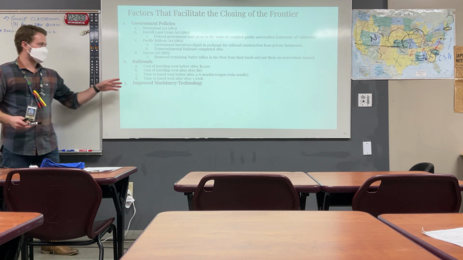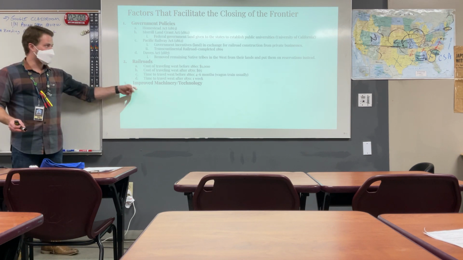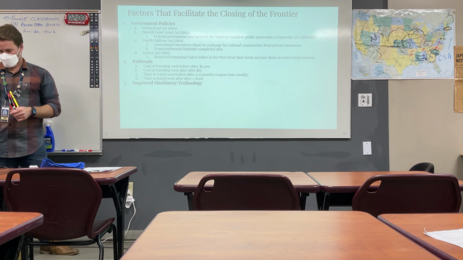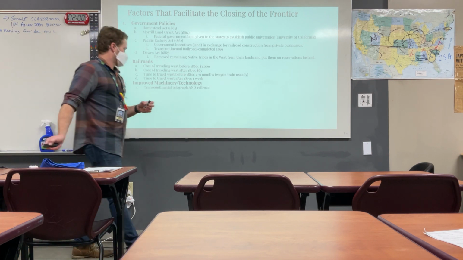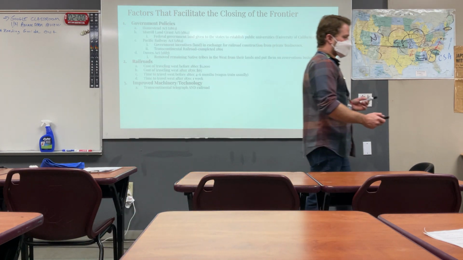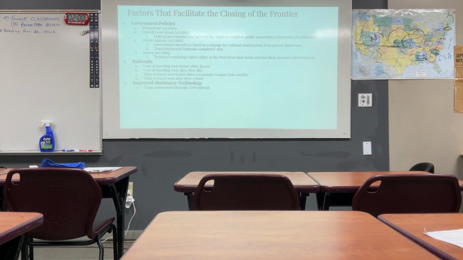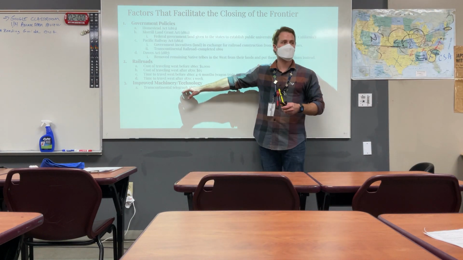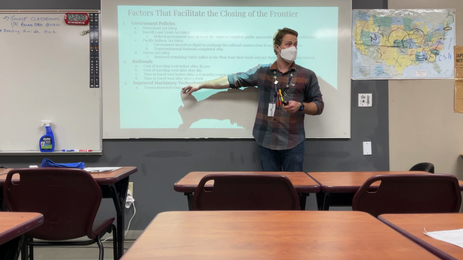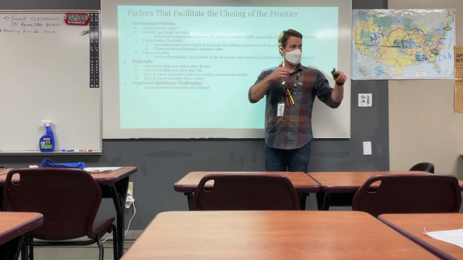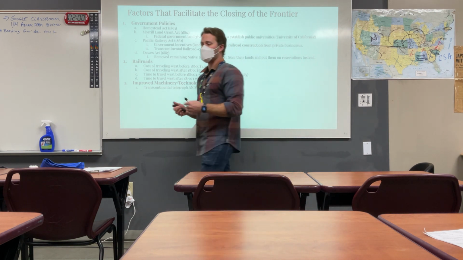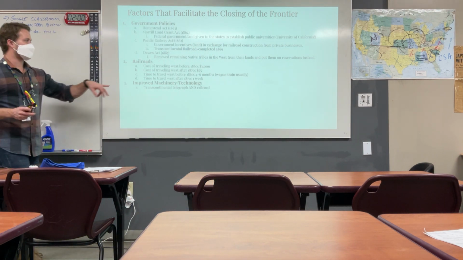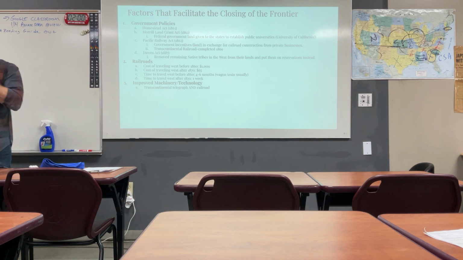And the third factor is improved machinery technology. You can add the railroad there. That's one example of improved technology, improved machinery. But it's not just the railroad. It's also next to the railroad is laid a transcontinental telegraph. Because communication is important. You're not going to move out all the way west if you can't know where to ship your goods or how to get goods. Telegraphs are important. So it's the telegraph and the railroad that runs across the whole country.